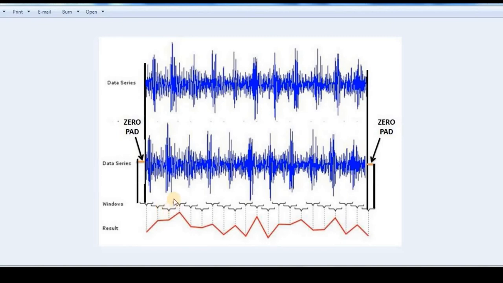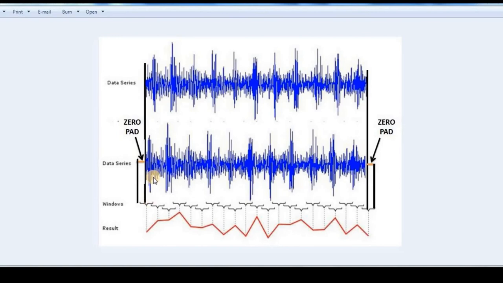Now these black brackets are windows, and you can see that these windows are of fixed length. We have just set it to 0.125 seconds, and we can see that there is 50% overlapping between different windows. As you can see here, the different windows are overlapped by a length of 50%. Now the problem is, if I start my window right at the beginning of the data, wherever the window is starting, the data will start.